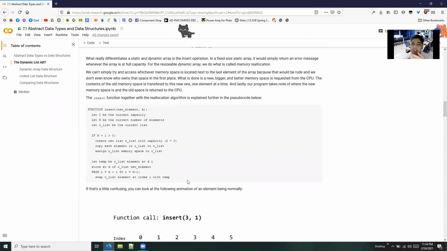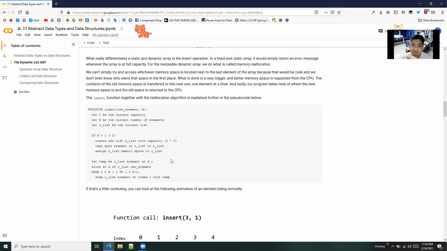So in order for a dynamic array to, let's say our array is already filled up. If it were a static array, which does nothing, it will simply return an error when you try to insert on it. But for a dynamic array, that will be different.